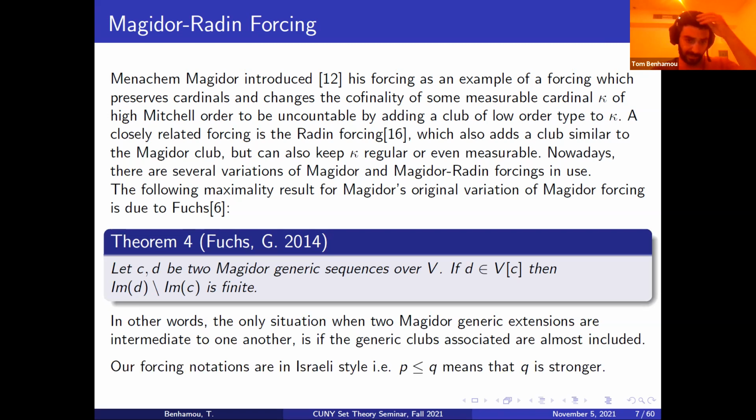Okay. Well, let me just make two notational remarks. The first is that I'm not going to distinguish between sets and the sequence, which is the natural increasing enumeration of the set. So I'm talking about sets of ordinals, and I will go back and forth between the set and the sequence. The second notational remark is that we force in the Israeli style, meaning that Q is above P in the order means that Q provides more information, that it is stronger. Namely, that Q forces that P is in the generic.